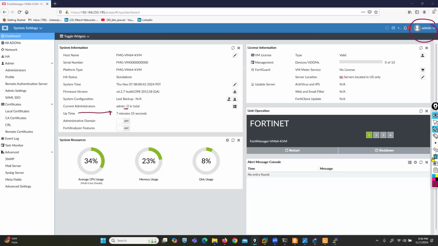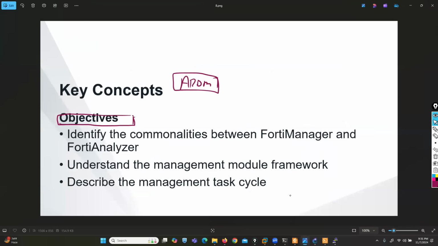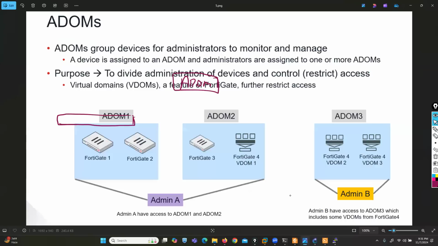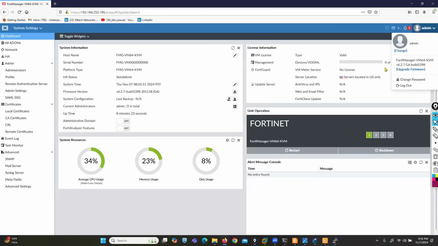Now you can see the administrative domain option. Okay, this ADOM option is disabled by default. What is the ADOM option? As I said, we can put our devices in ADOM. So by default, the ADOM option is disabled. You can see disabled. If it is disabled, so if you are trying to log in,